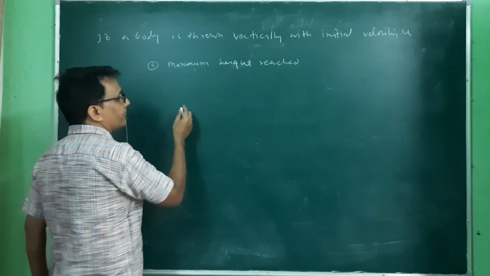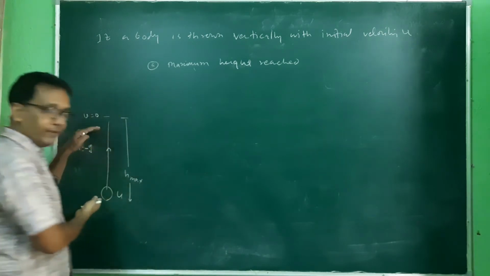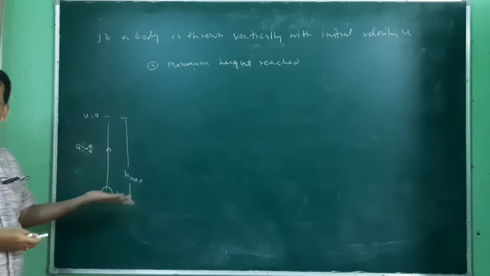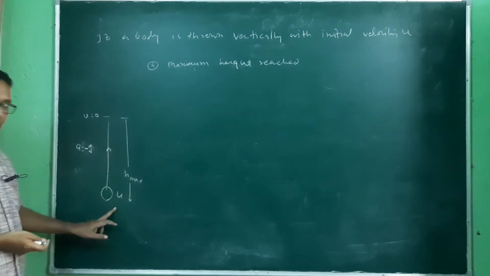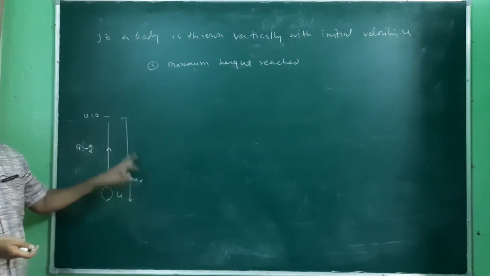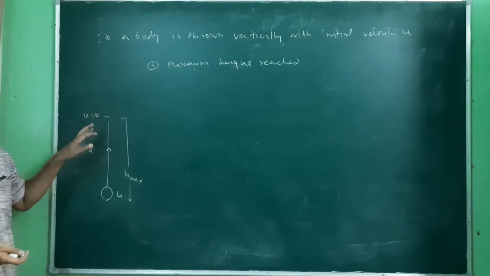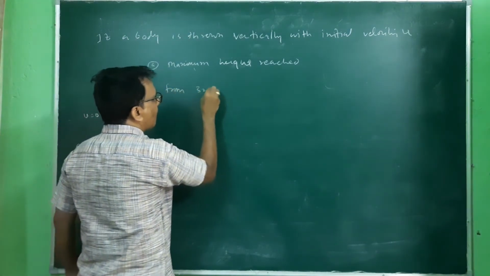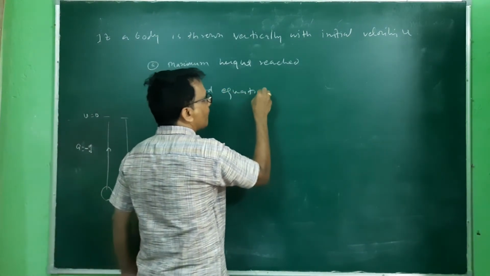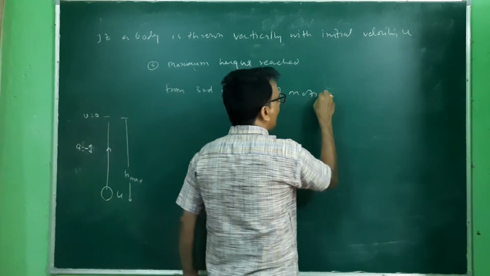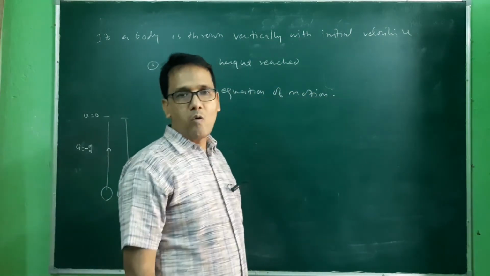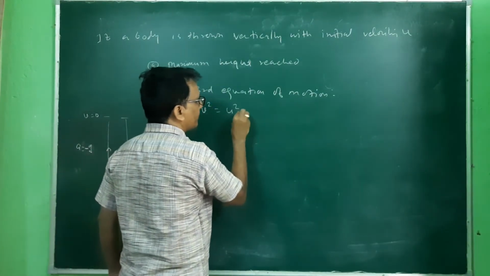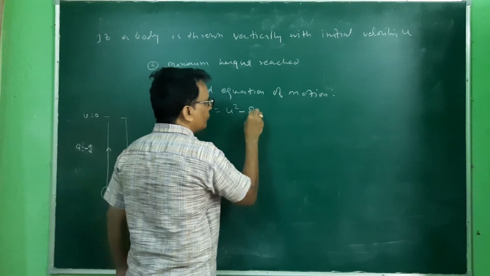So by taking that equation, if the time is not given, acceleration due to gravity is given conventionally, initial velocity is given, we have to calculate height, and final velocity is 0. So we have to use the third equation of motion, there is no time parameter there. So from the third equation of motion, v square is equal to u square minus or plus 2gh